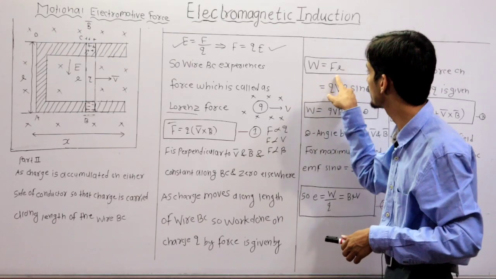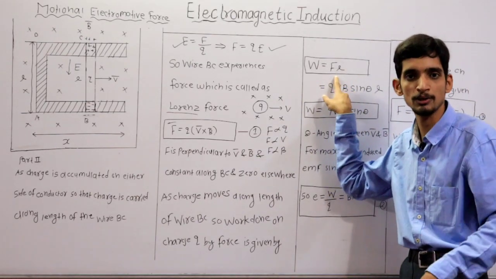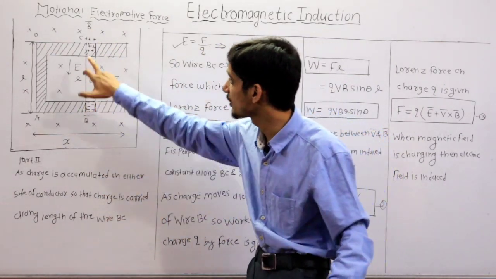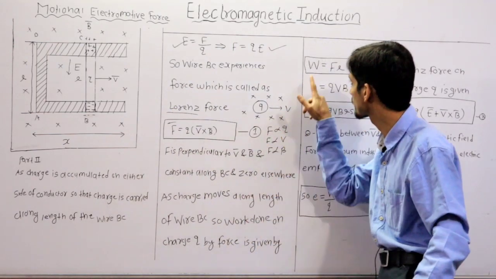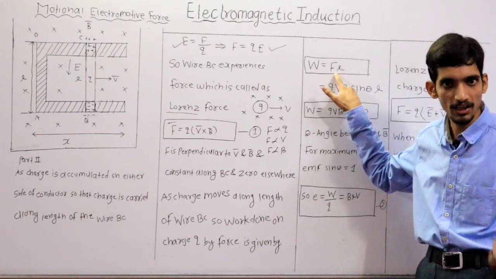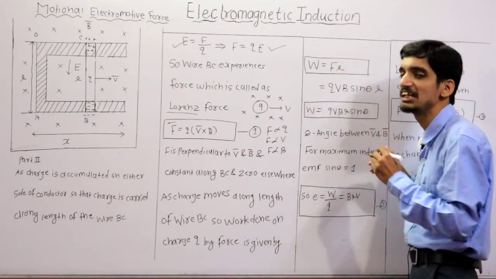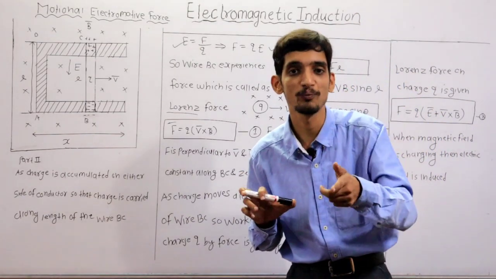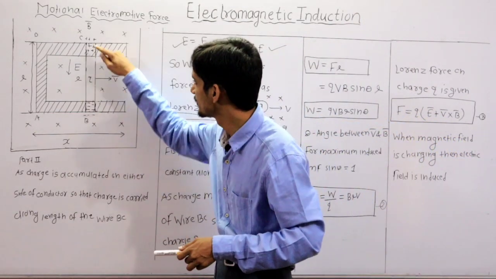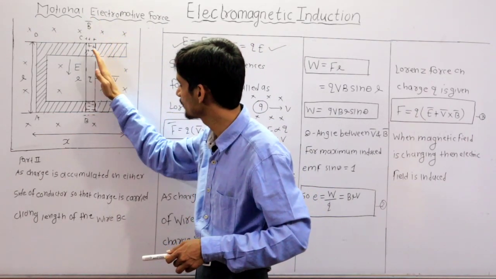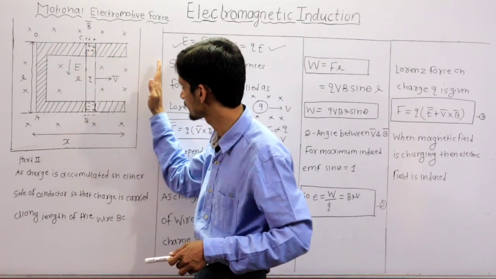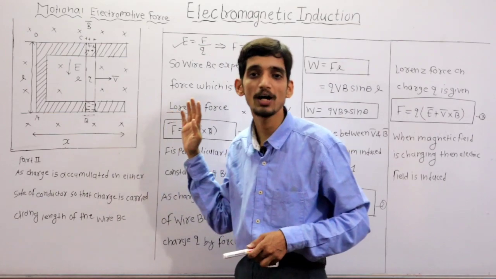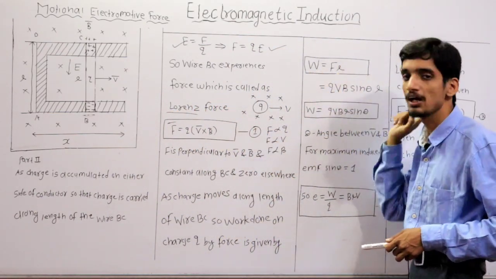So that work is equal to force into displacement. What is the displacement? This is L, because that charge is moving along the length of the wire, so it covers a distance of L. That's why the work is equal to force into displacement. Again, an important point, I have not written the cos theta component. Why? Because the angle between force and displacement is 0. The displacement of the rod is taking place in such a manner that it is moving towards this side, and the force is also on the same side. That's why I have directly written force into L.